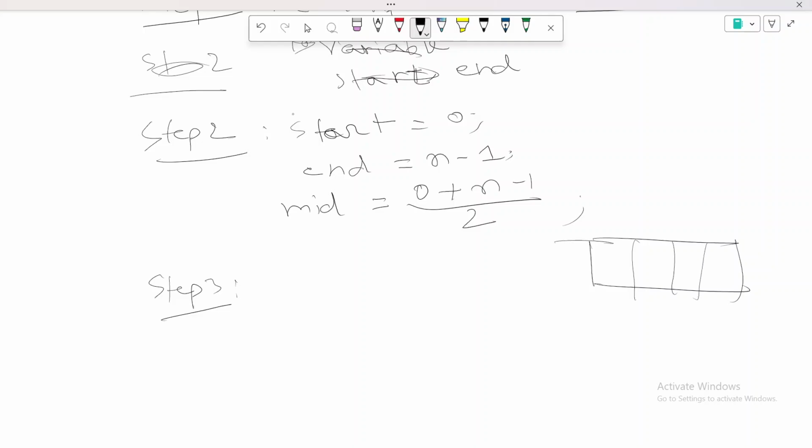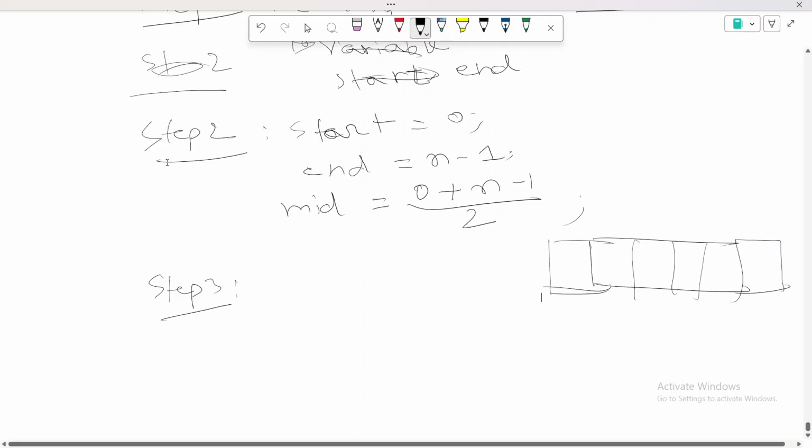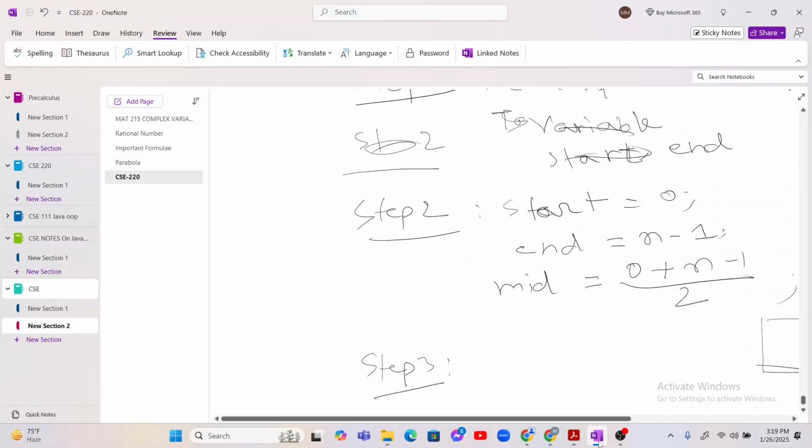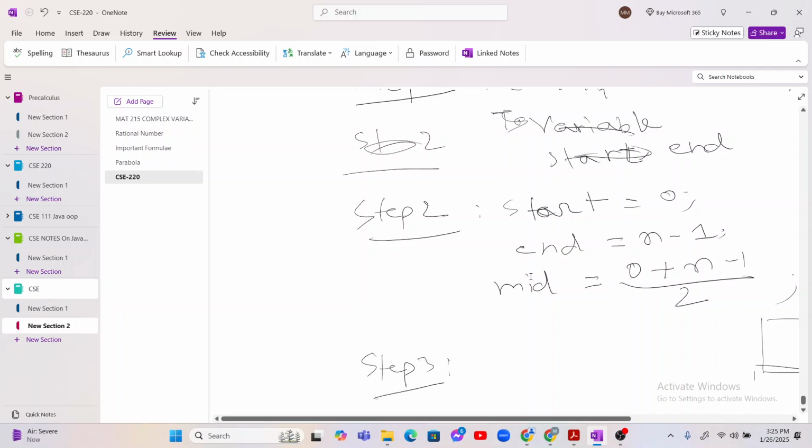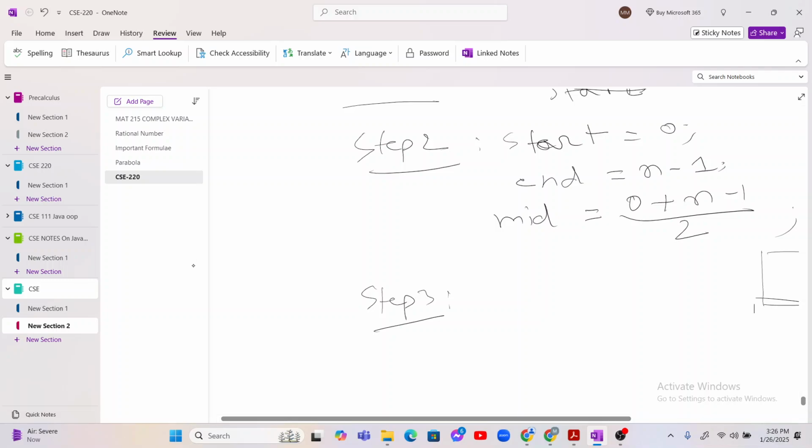1, 2, 3, 4, 5. Okay, just a moment. Okay, so the third step will be that we will run a loop. Yeah, we will run a loop. So in this loop, we will